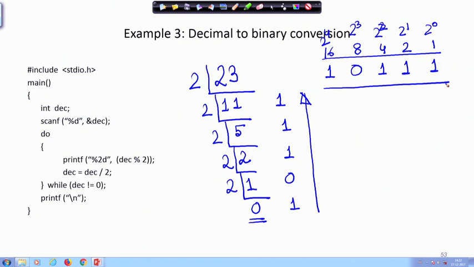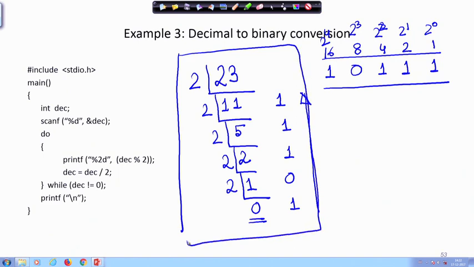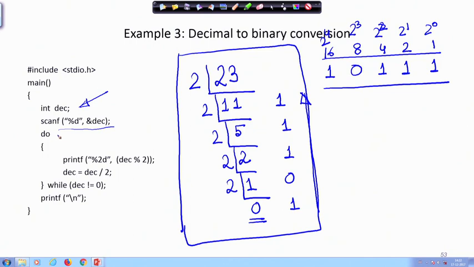All right. Now, let us see how this algorithm that we are talking of can be encoded in a C program. You see here, I have declared one variable as des, that means the decimal number that I will be reading. So, I am reading that number here. Now, in the earlier example we did it with while do. Now, here we are doing do while. We are doing something and then I am putting the while condition later.